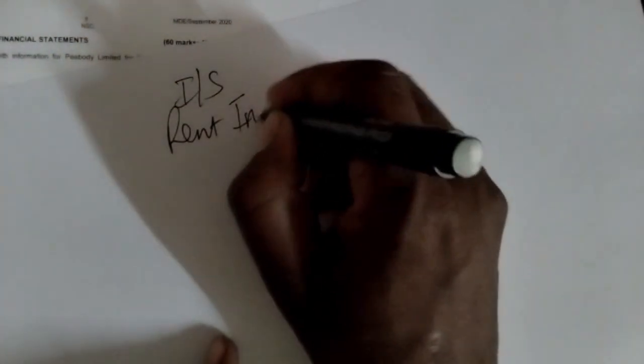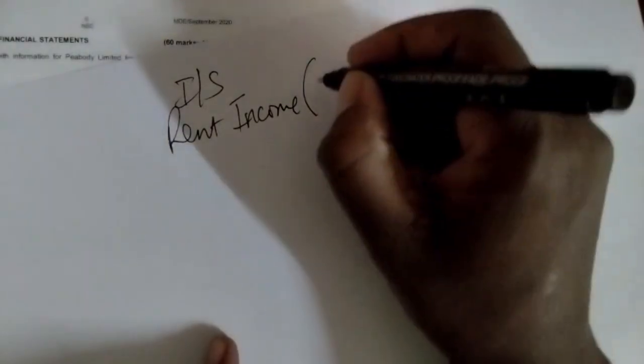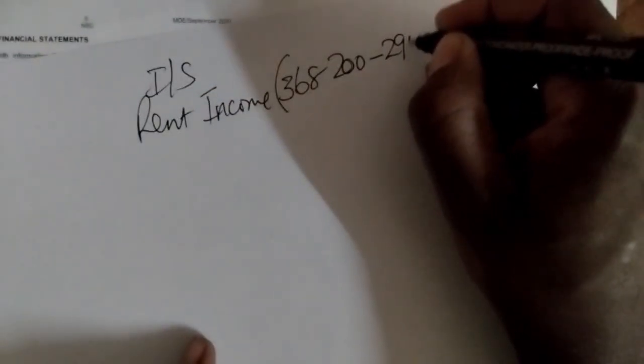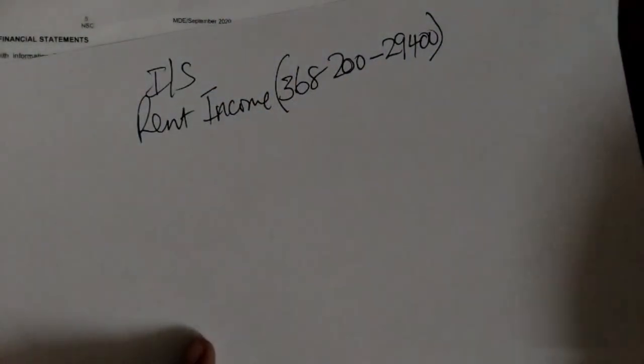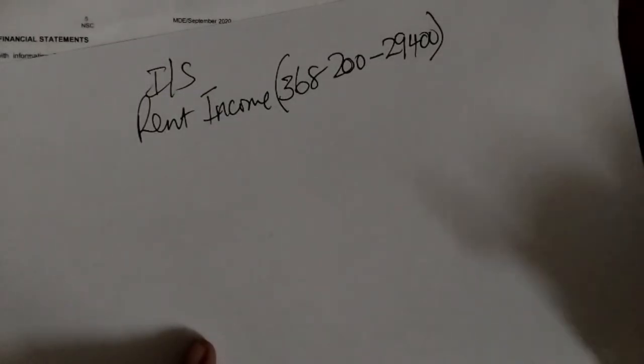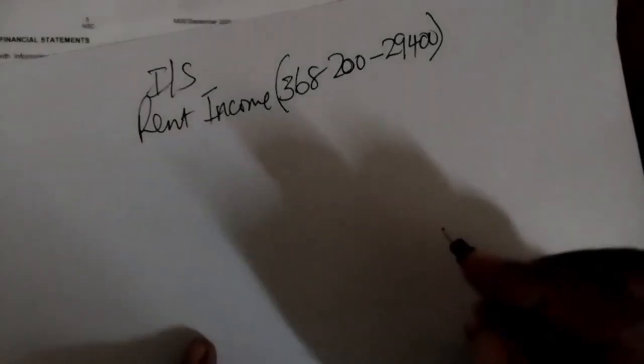So when you're doing your income statement or statement of comprehensive income, under your other income, your rent income is going to be 368,200 minus 29,400. On your calculator, 368,200 minus 29,400 will give you